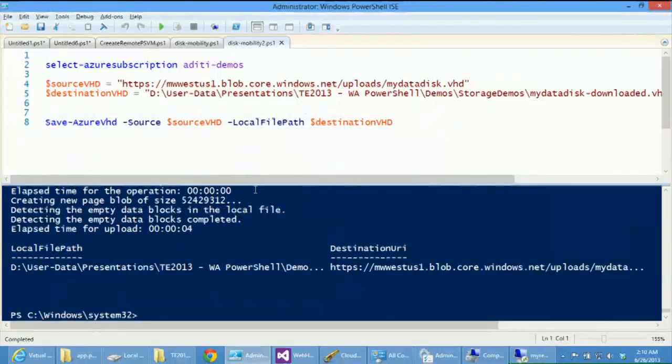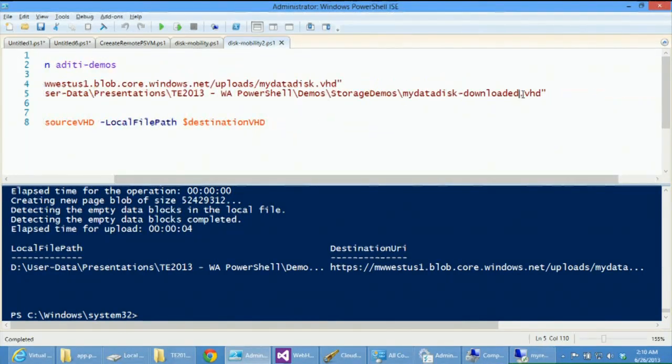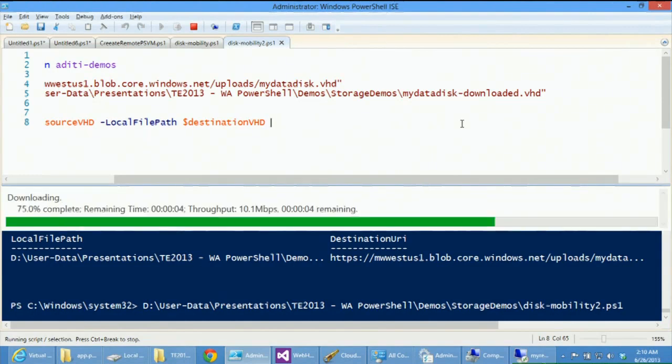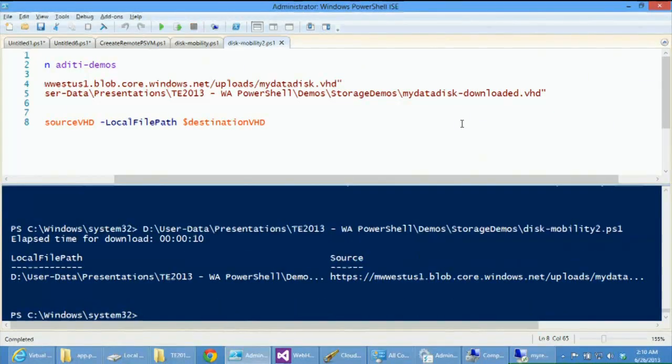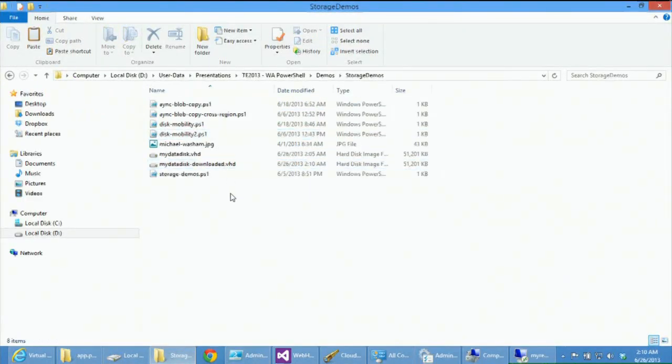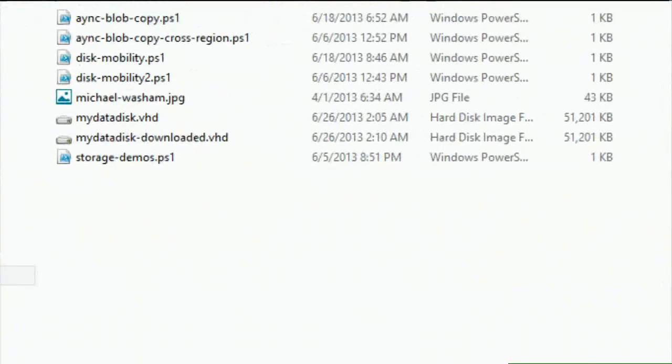So I can use Save-AzureVhd to accomplish basically the same thing. I'm going to reverse my parameters. Instead of the destination being Windows Azure Storage, it's going to be my source. And I'm going to put my destination VHD back to the local file system. Same file except dash downloaded. All right, so now I can go in here and see that I successfully downloaded my giant PowerPoint file from